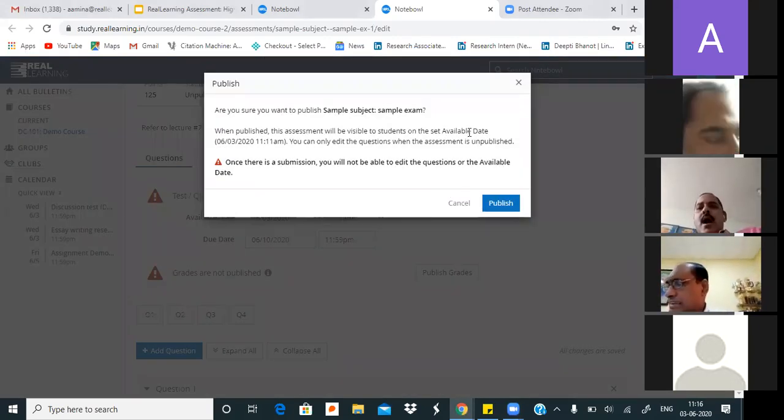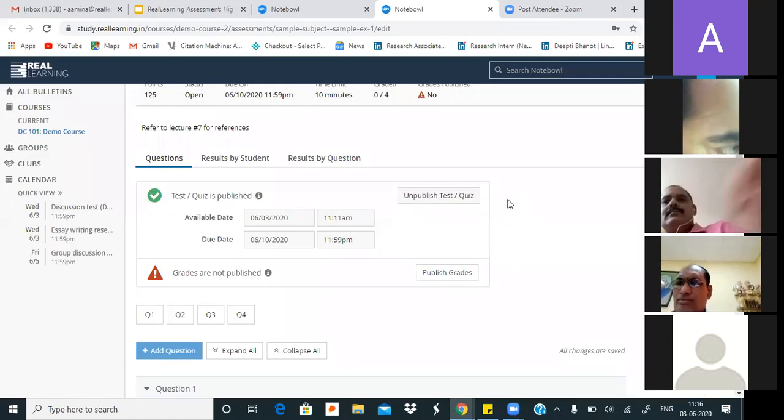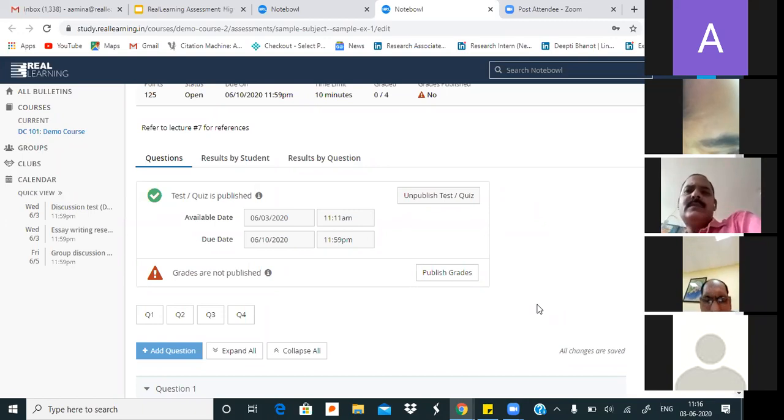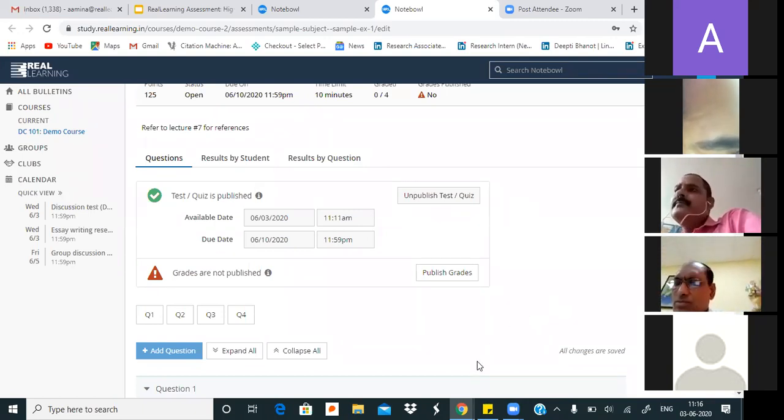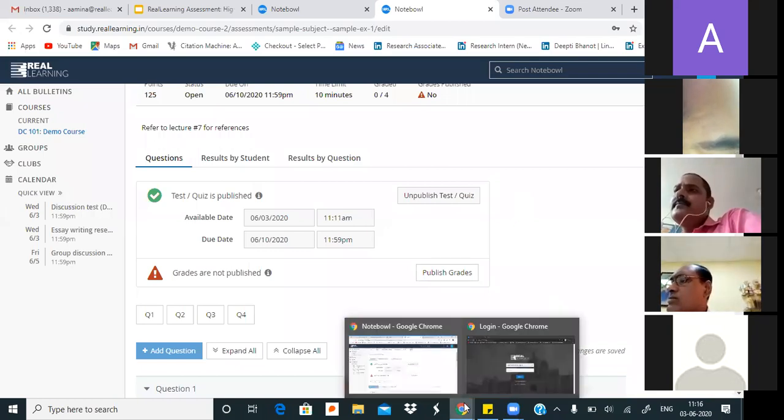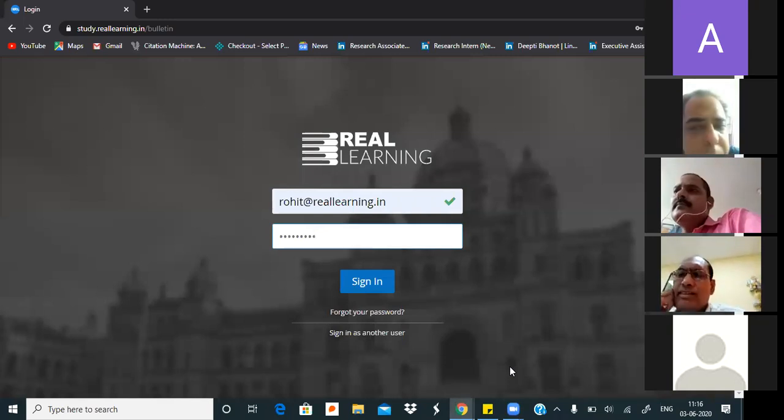It shows me a dialog box asking me to confirm that I should be publishing. I'll go ahead and give it a command to publish, and this test will be opened up for students. Now, as a teacher, just a small recap: I have created a quiz and I have also published it. It took me 5 to 10 minutes to create my questions, attach files, and open it up to students. We are now moving on to a student's dashboard to see what students get to see when they have to attempt a test.